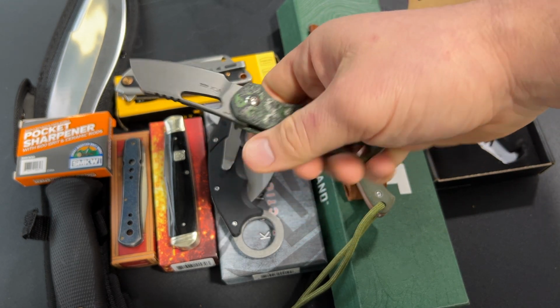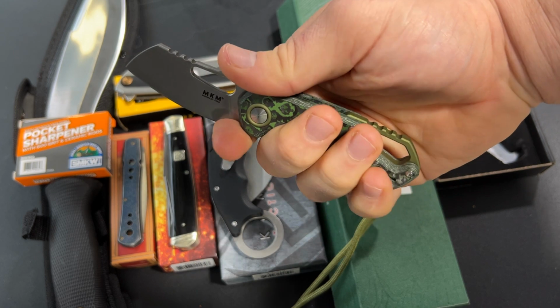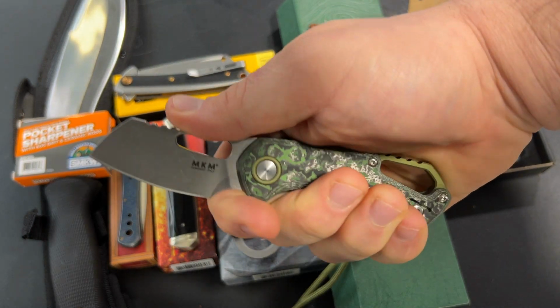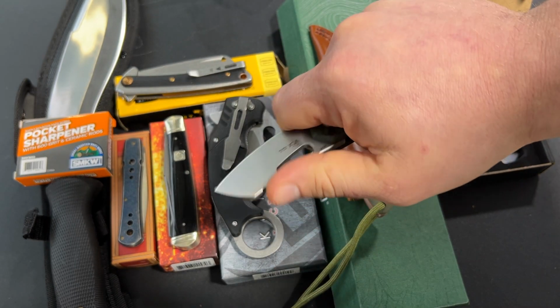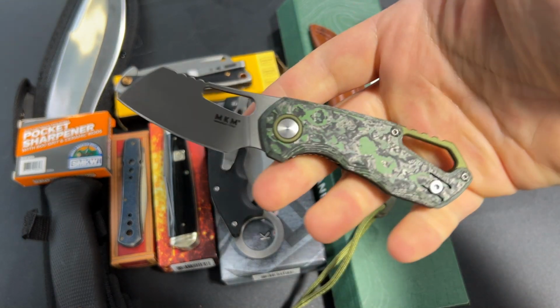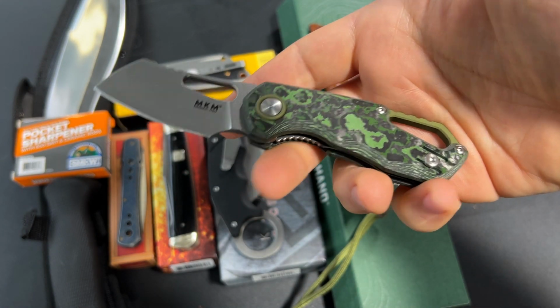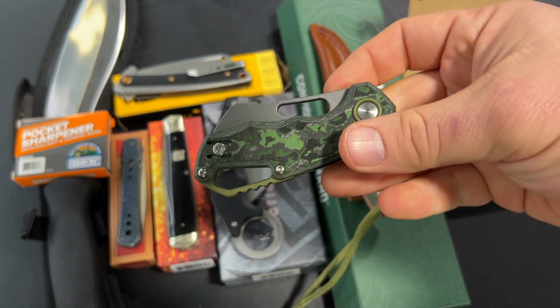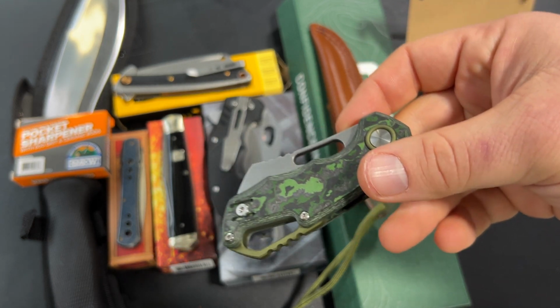Designed by Jesper Voxne. How do you say his last name? I don't know. I've never known. And handmade in Maniago, Italy. SMKW everyday price, $131.99. Well, I'll tell you, my first thought on this is Smoky Mountain Knife Works must have really gone in hard on this lava carbon fiber,